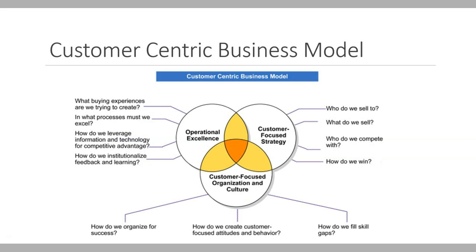So what I've really been trying to introduce here is a customer-centric business model. And this particular model says not only do we focus our strategy on the customer, we've done so within the organization and the culture, and we're always pursuing a level of operational excellence that intersects with that customer-focused strategy and our organization and culture. So who do we sell to? What do we sell, and how do we compete, and how do we win? We do so with that customer-focused strategy. And how do we create customer-focused attitudes and behavior in our organization? How do we organize